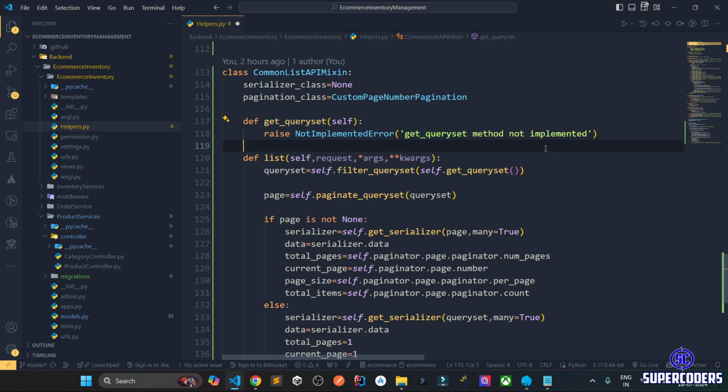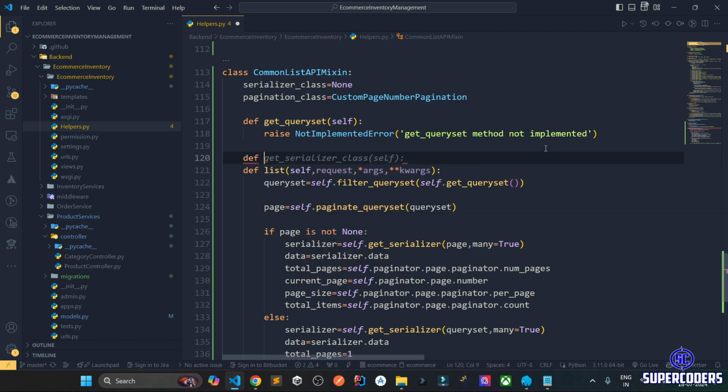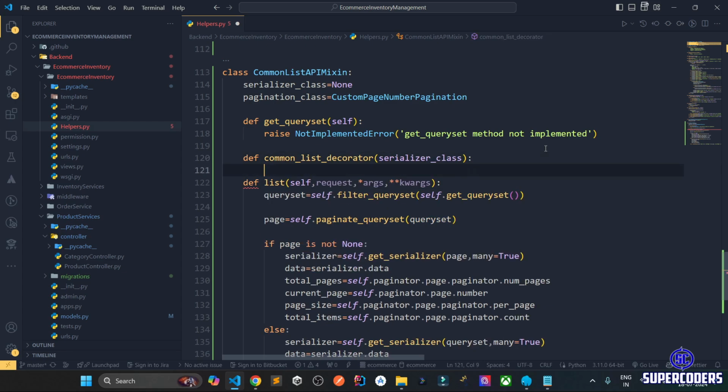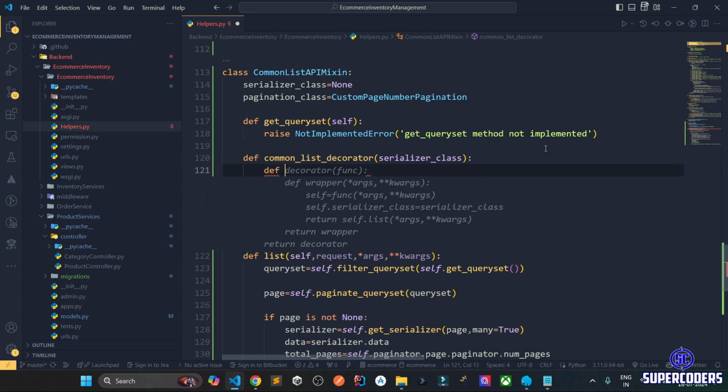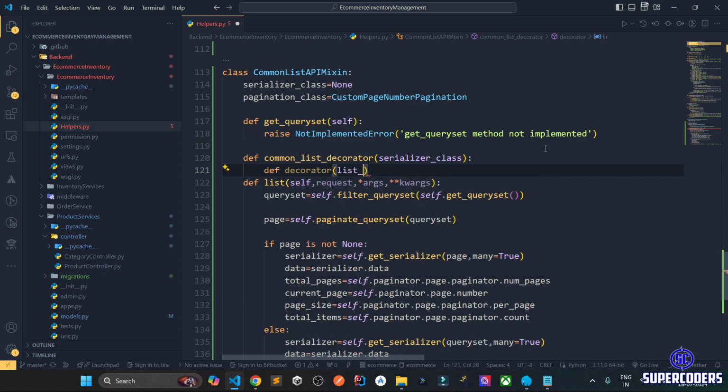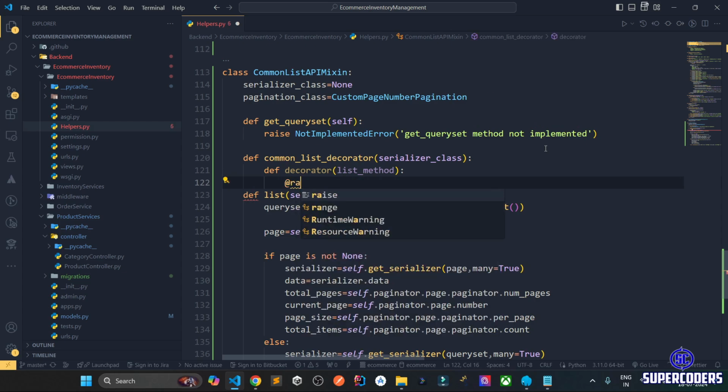So right now what I can do, just define common list decorator and here pass serializer class. After that, defining my decorator. So define decorator list underscore method, then add the wraps, list method,